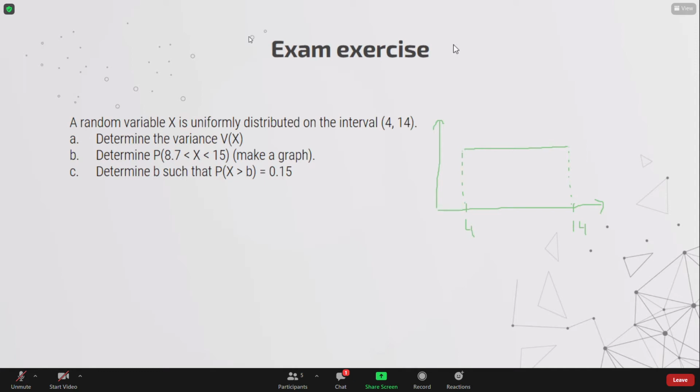Yes, exactly. 8.333 at the end. So when you see an exercise with an interval, just write the graph, and from now on